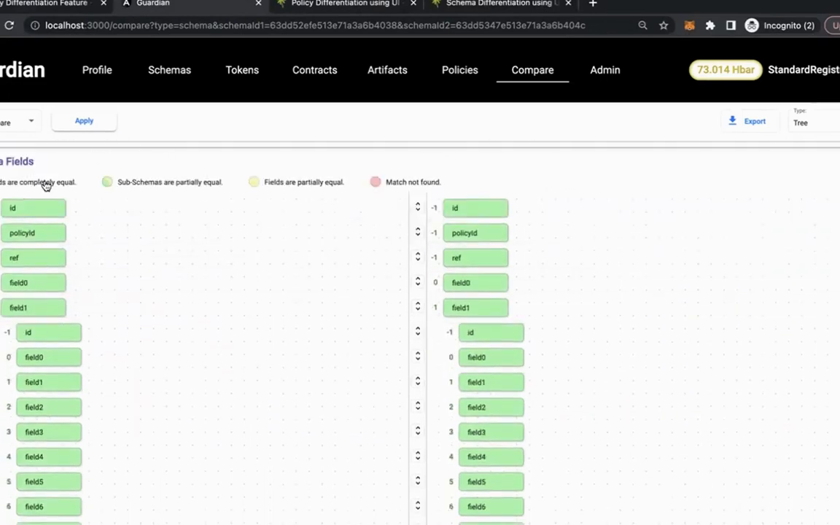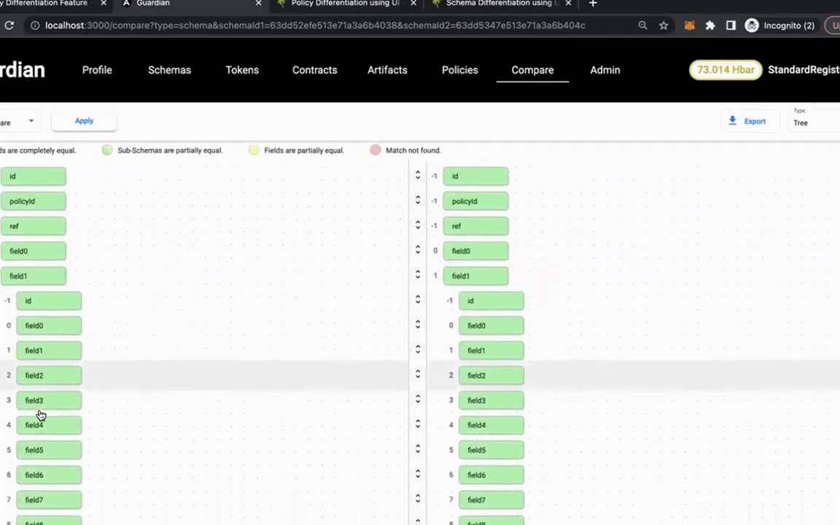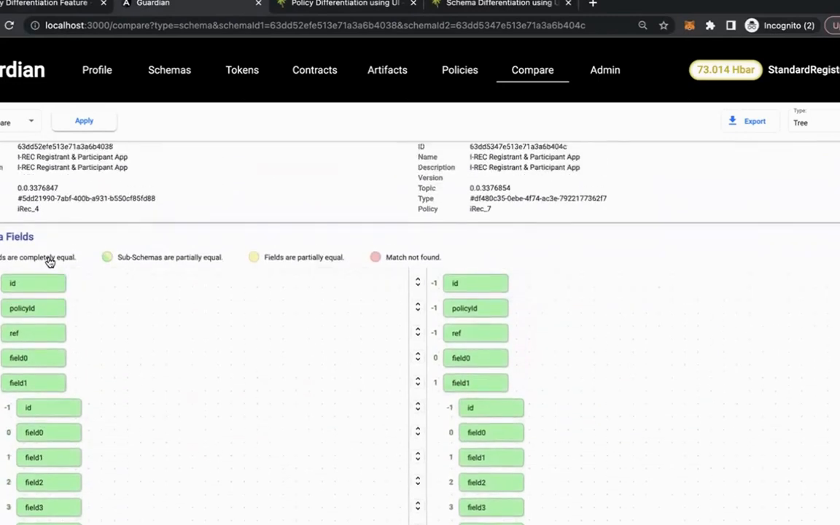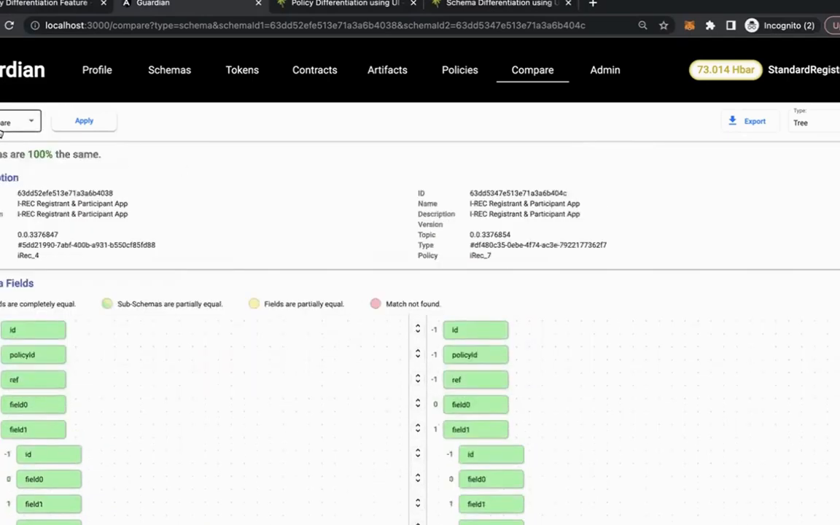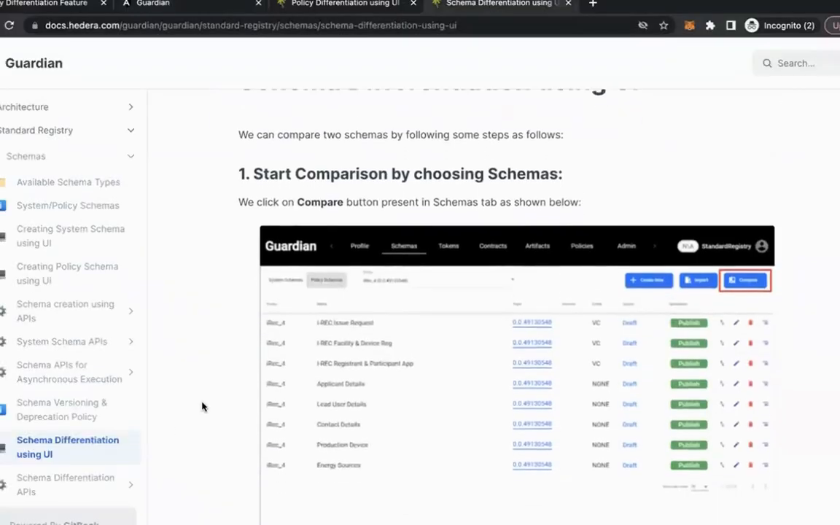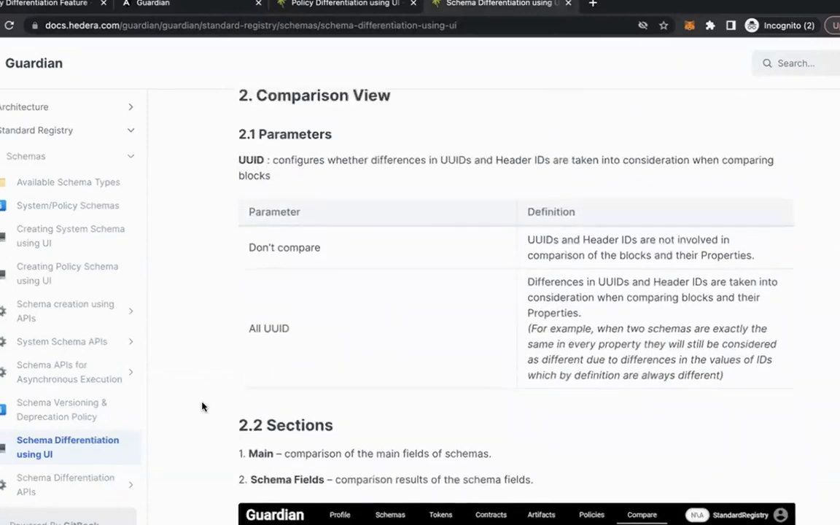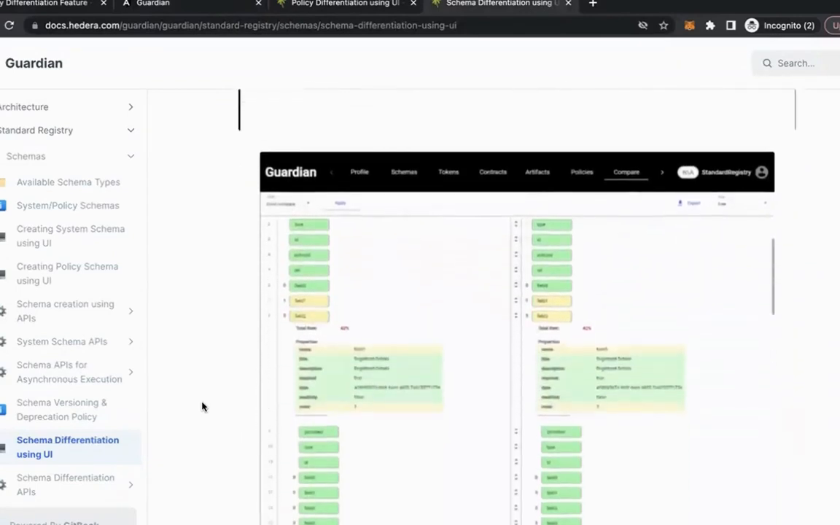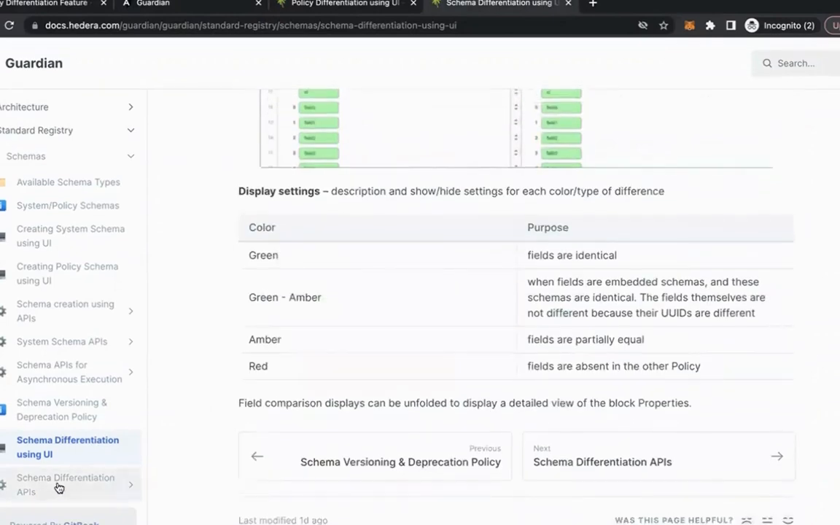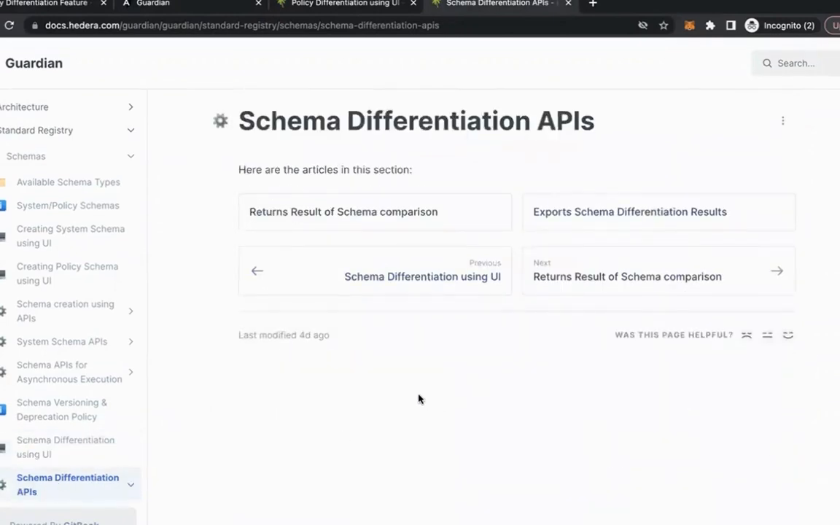The same thing happens here. It has a whole schema fields comparison, where green indicates completely equal, and yellow indicates sub-schemas are partially equal, and red means not present. And then you also have a UUID comparison. To get more info, we have added complete documentation over here, where you see the schema comparison, the comparison view, and what sections have been added. In addition to the UI, we have also added the APIs in the documentation for schema and also the APIs for